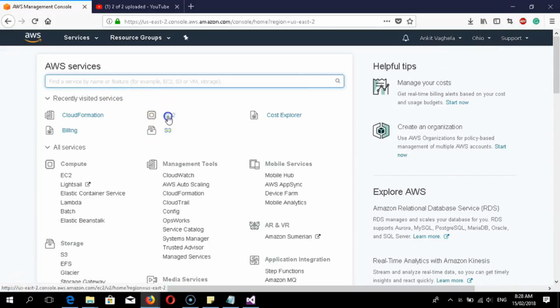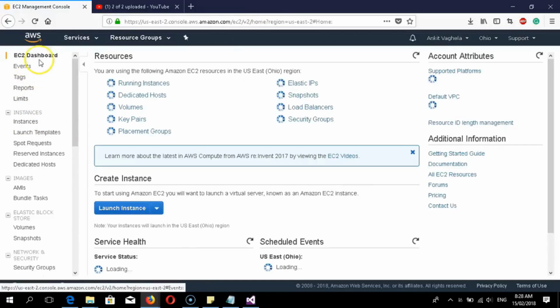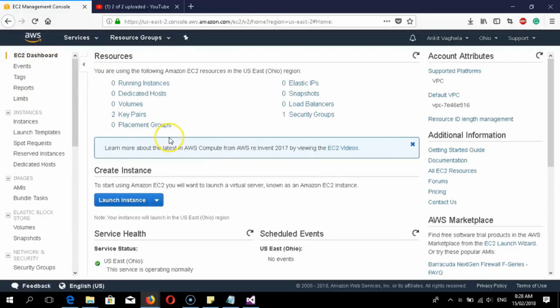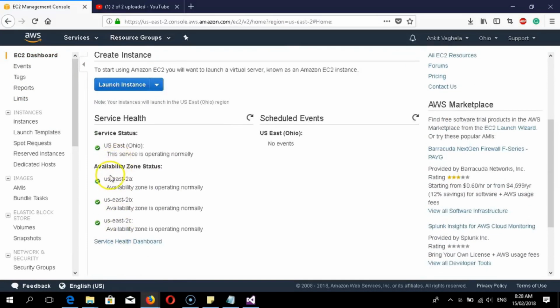We will first explore what availability zones are there. In the EC2 dashboard, if you go down and see, there are 3 availability zones there, so just copy